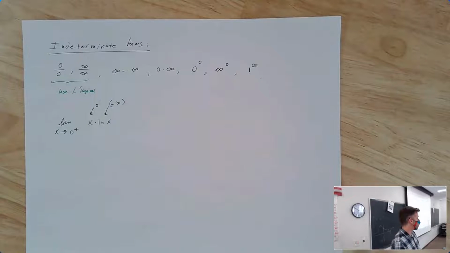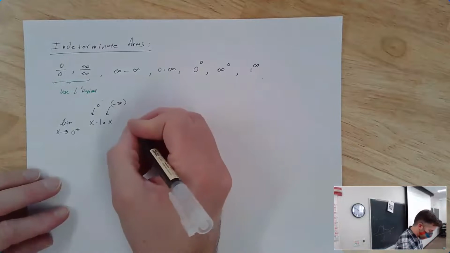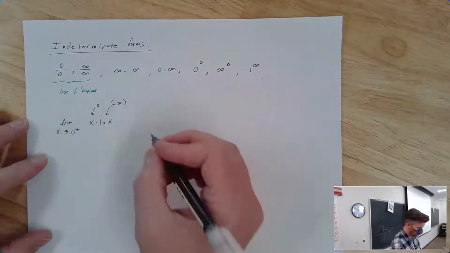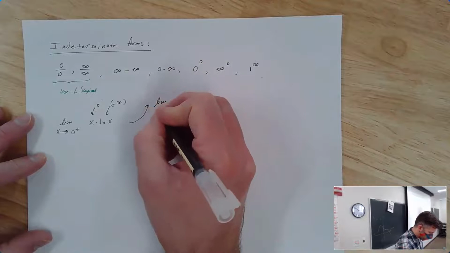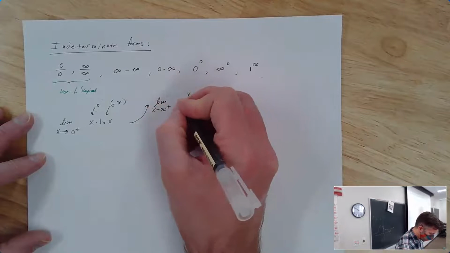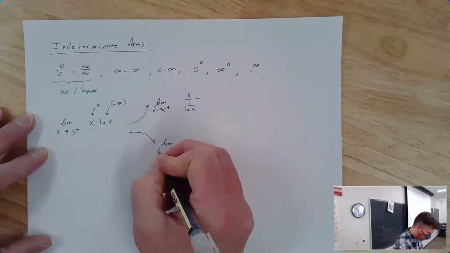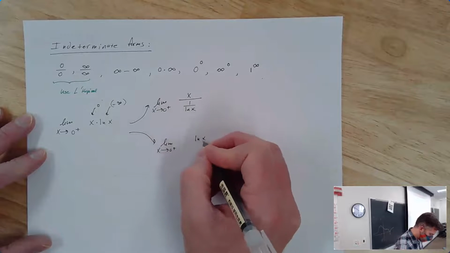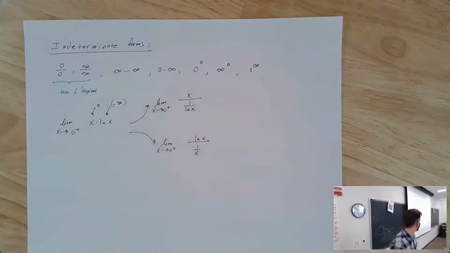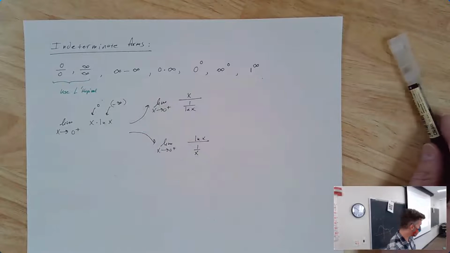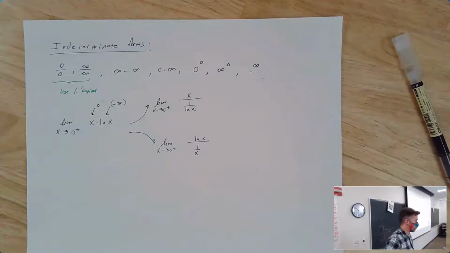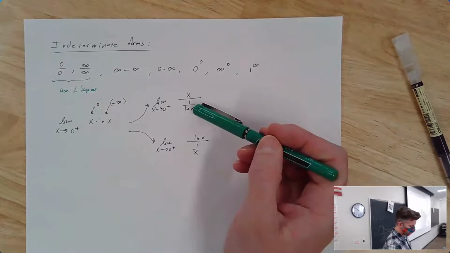So we need to write this as a fraction. Typically, that means taking one of the factors and writing it in the denominator as its reciprocal. So I'm going to rewrite this as, well, I have a choice, and I almost always have a choice. You can either go the limit as x goes to 0 from the right of x divided by the reciprocal of natural log of x, or the limit as x goes to 0 from the right of natural log of x over the reciprocal of x. And there's almost always a better choice. The better choice is usually the one that's going to be less terrible to differentiate in the bottom. So what's worse to differentiate? 1 over natural log of x or 1 over x?